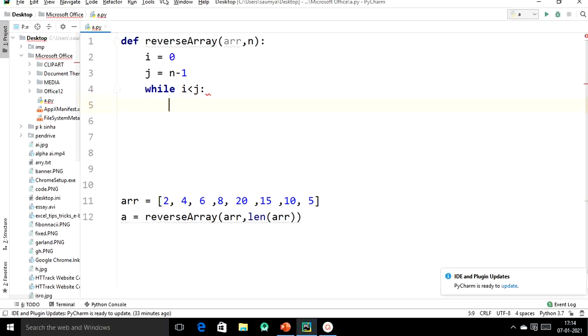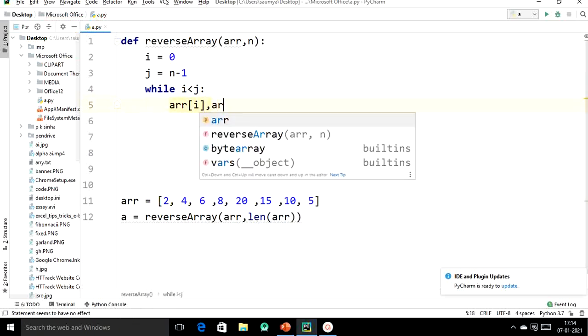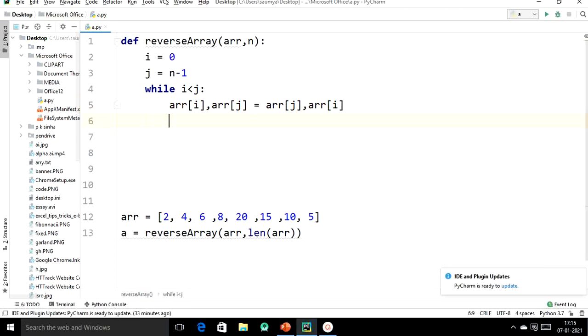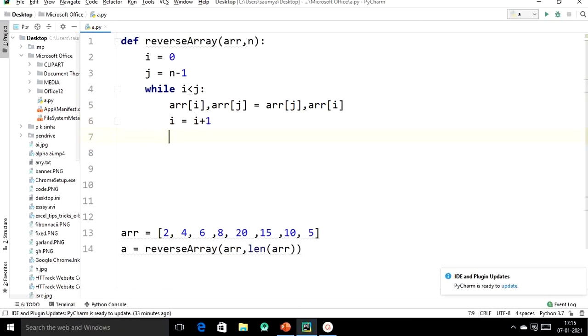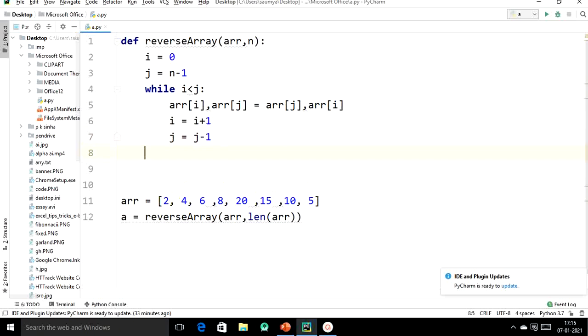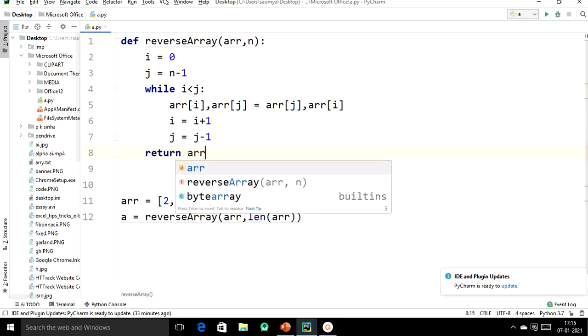And here we will simply swap the elements, i element with j and j element with i. And then just increment the value of i by 1 and decrement the value of j by 1, right? And now we have to return this particular array, and it is going to be stored in our variable A.